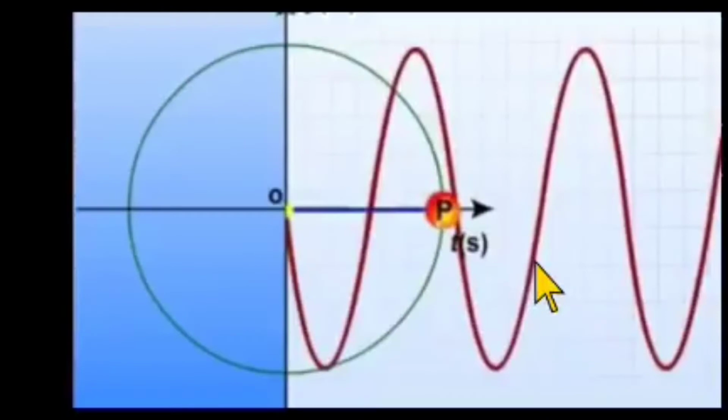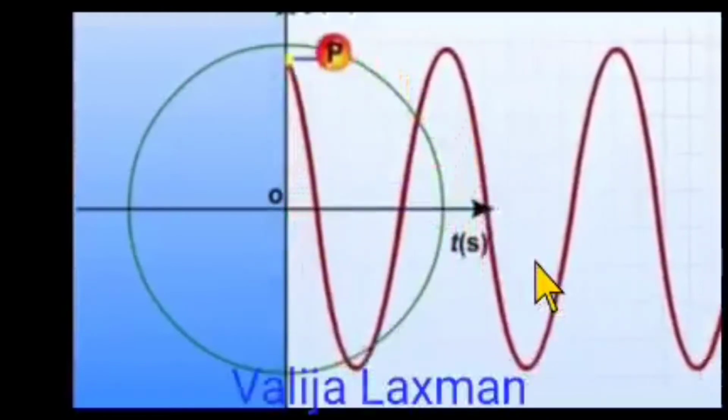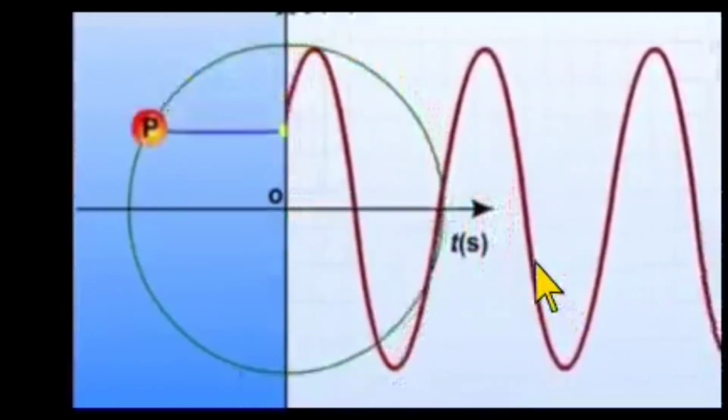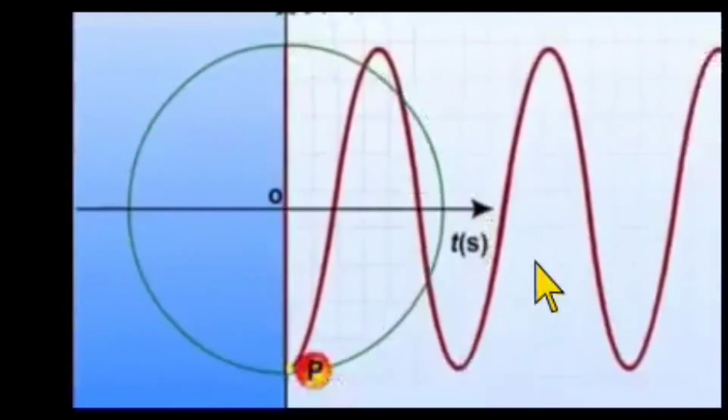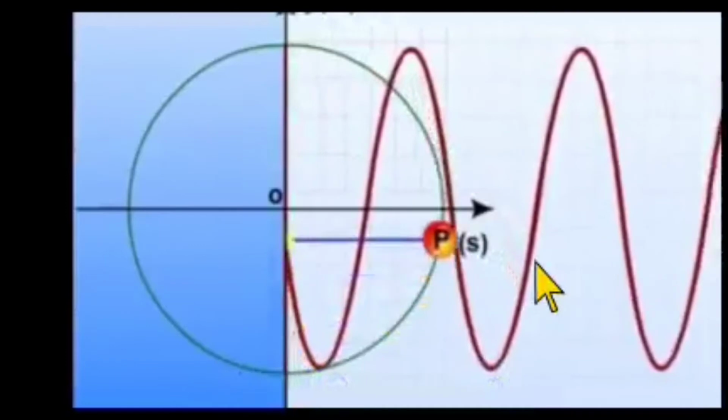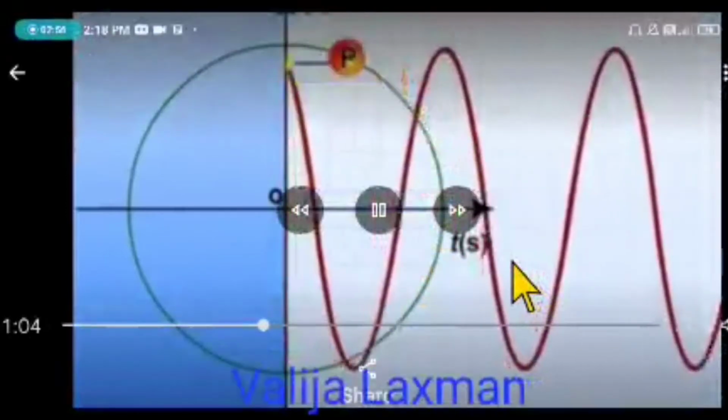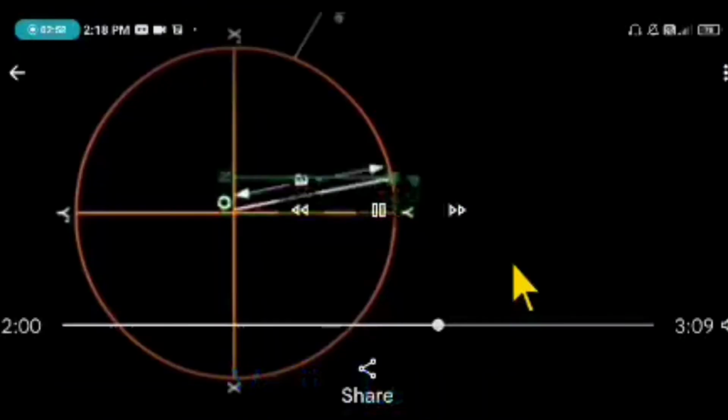If you take the vertical diameter, you will get the sine function, and if you take the horizontal diameter, you will get the cos function. In this way, you must be able to easily analyze how the foot of perpendicular is moving on the diameter. So observe this